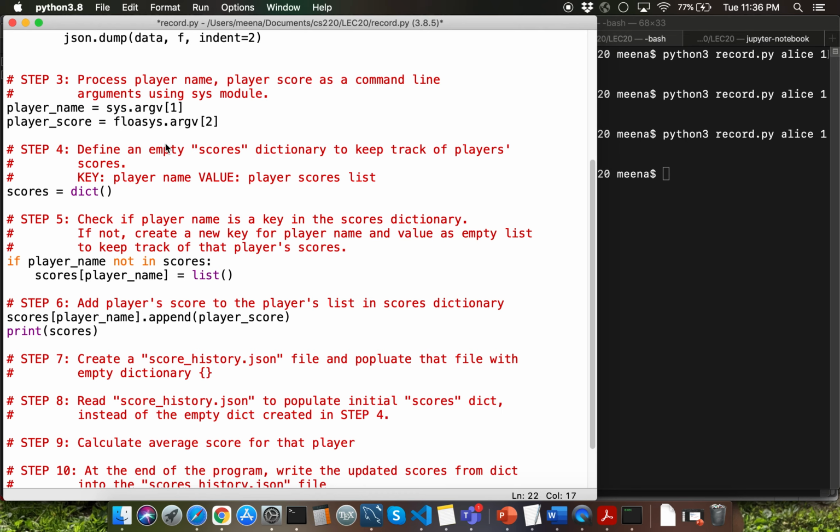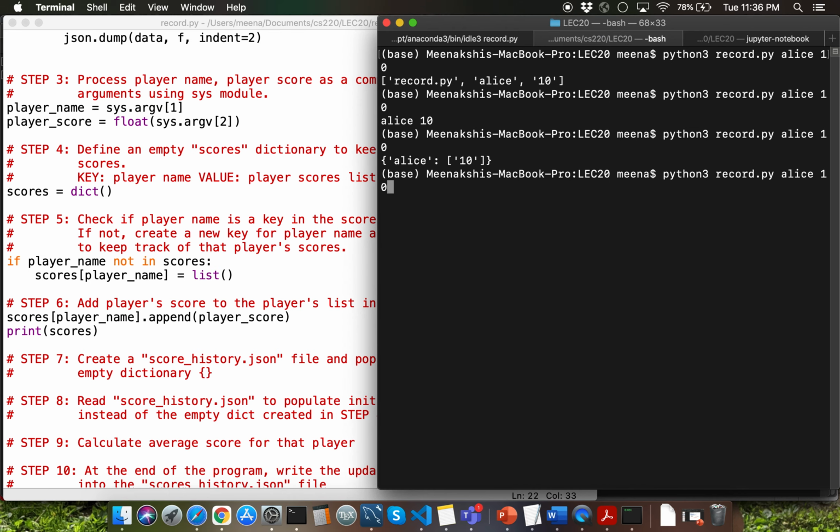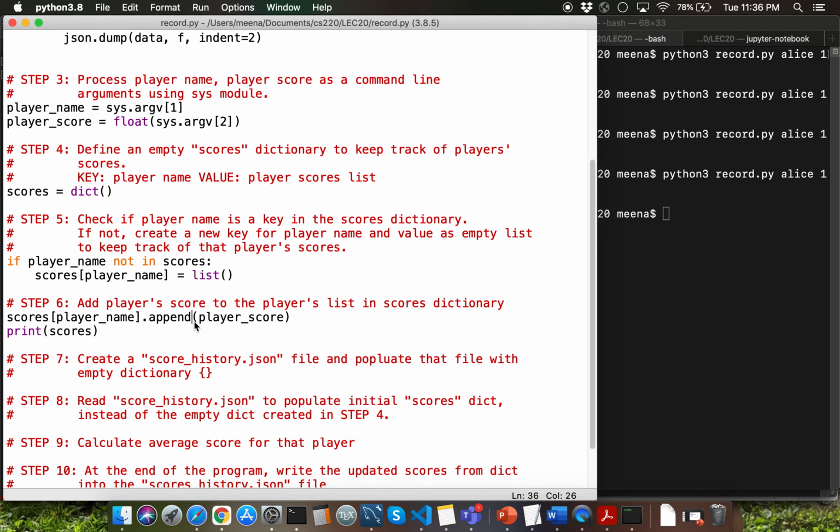Let me convert the player score into floating point type by typing in float open parenthesis close parenthesis. Saving the current version of the program. Let me try to run it. Observe that now we are getting the floating point value within the list for the score value corresponding to the player Alice here. Let's move on to step 7.